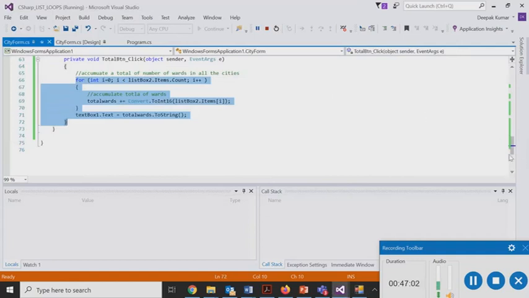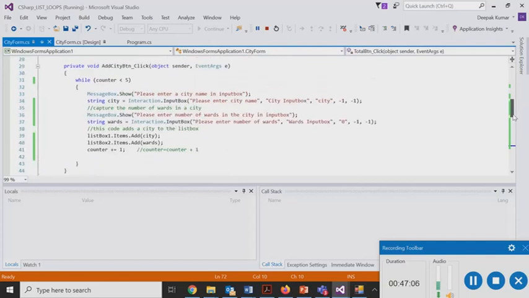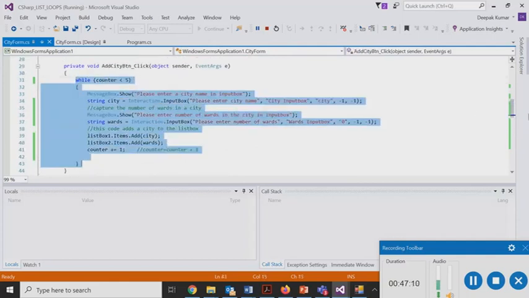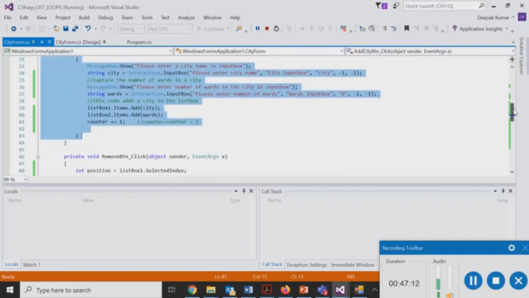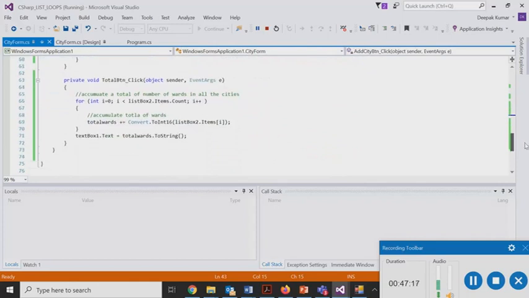I demonstrated the while loop, and I have contrasted the difference between these two loops. You can see definitely your for loop is much more compact. There are fewer lines of code when you are implementing a for loop compared to a while loop.